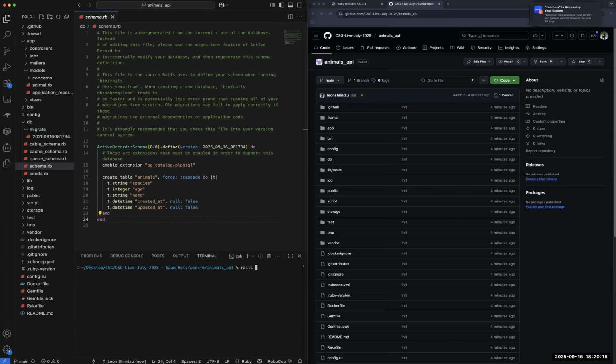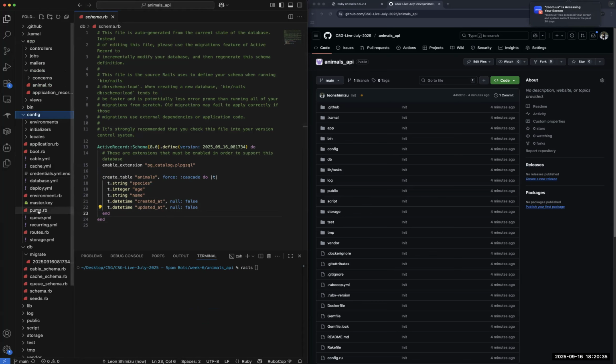Because once again, the idea right now with this API is yes, we have a model and a database table that we can create animals for. However, I'm the only one that can do that right now. No one else has access to the stuff in my database. The way to give people access to it is to add a route and a controller for it. So I need to add a controller so that people can make a request to our API to actually get that data. So I'm going to go Rails generate controller animals,